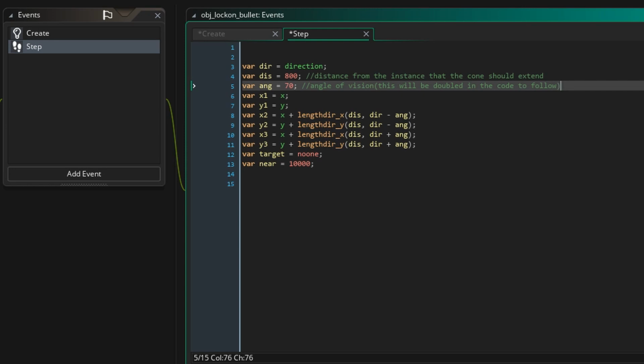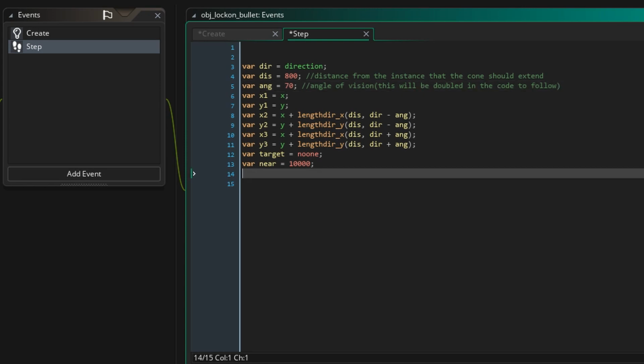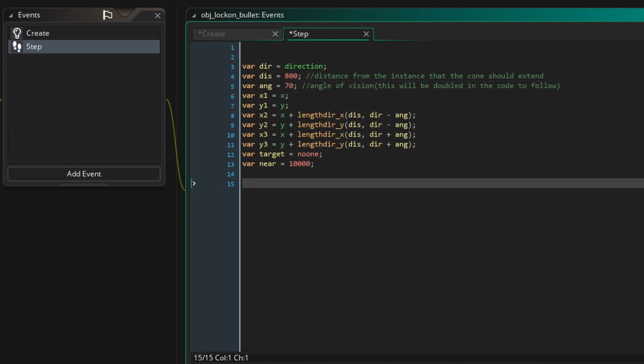So the higher this number, the wider that it can detect enemies. If you just want a really narrow range, just decrease the number a lot, and say if you put a 20 here, it would only have a 40 degree angle of viewing distance. Alright, so